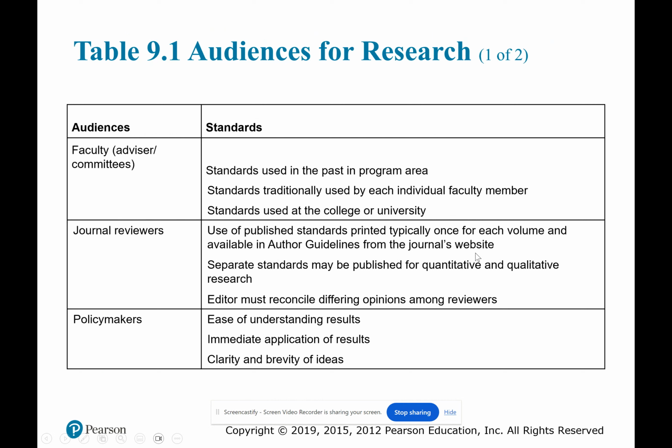Okay, so here's table 9.1 from your book on page 267. And it goes over the different standards for the varying audiences you're writing to. So the first one is your faculty members, and they need standards that are a governing force of the research proposal. The journal reviewers, the second one on the table, they need standards